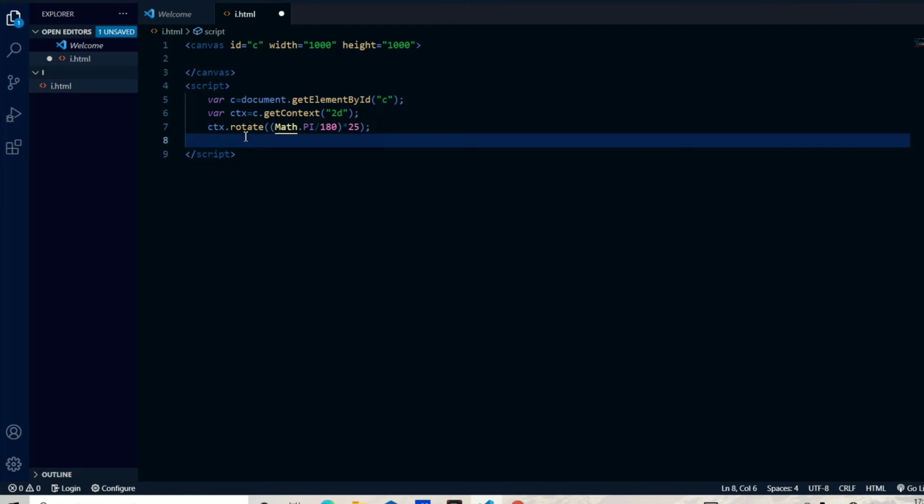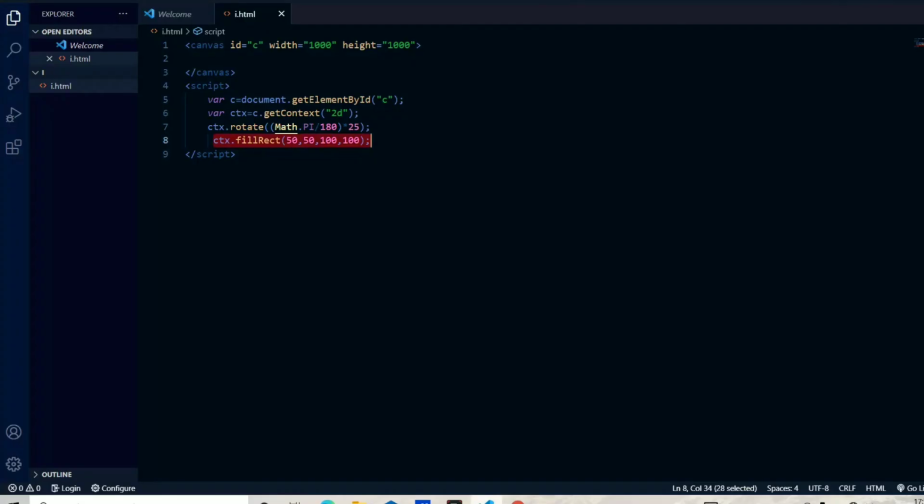And next I am creating another rect with the fillRect, and I will just show you. I will save it and I will open it in a default browser and reload it. As you can have a look at here, it is a rectangle which got tilted by some 25 degrees because we have added the rotate 25 degrees. This is how the rotate method works.